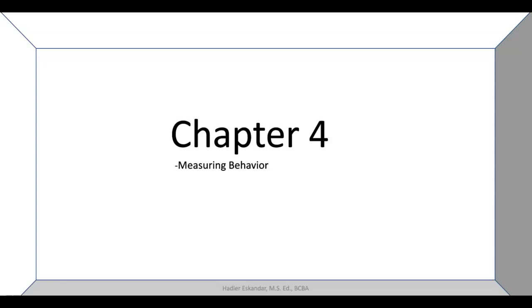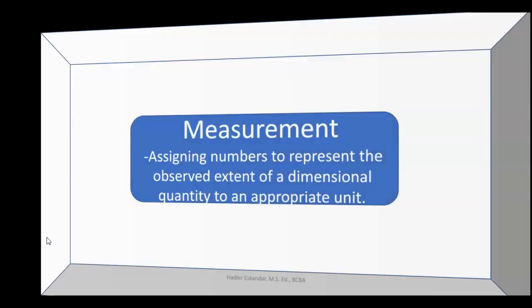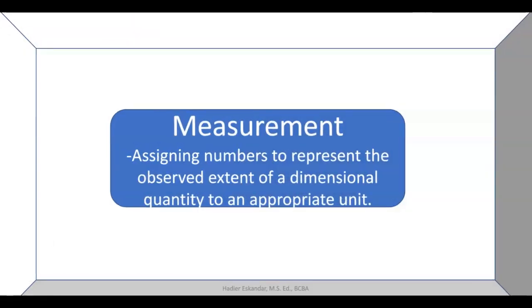I'm a BCBA, and this is a brief summary of Chapter 4, Applied Behavior Analysis, the second edition. Chapter 4 speaks about measuring behavior. And measurement is basically assigning numbers to represent the observed extent of a dimensional quantity to an appropriate unit, which is basically the idea of using numbers to explain a behavior, explain a measurement, or something you are trying to